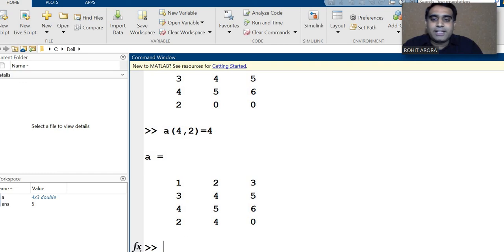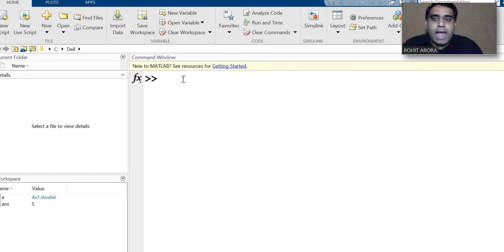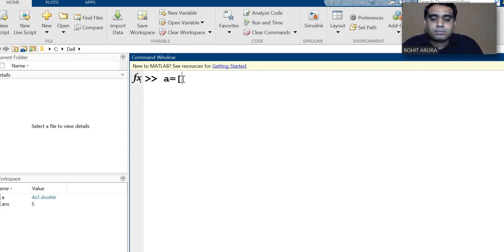Next thing is, first of all I will clear all of this. Now I'm taking a 2 by 2 matrix, and I want to add elements to the matrix, like B is equal to 6 7.